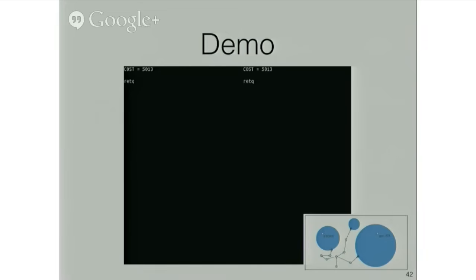Now that you've seen how it works, here's a demo of Stoch being applied to that OpenSSL code that I showed you earlier. In this video, Stoch is going to begin execution from an empty code sequence and attempt to synthesize a functionally correct rewrite. On the left, I'll show the best code discovered so far, and on the right, I'll show the current code that it's evaluating, along with costs associated with them above.